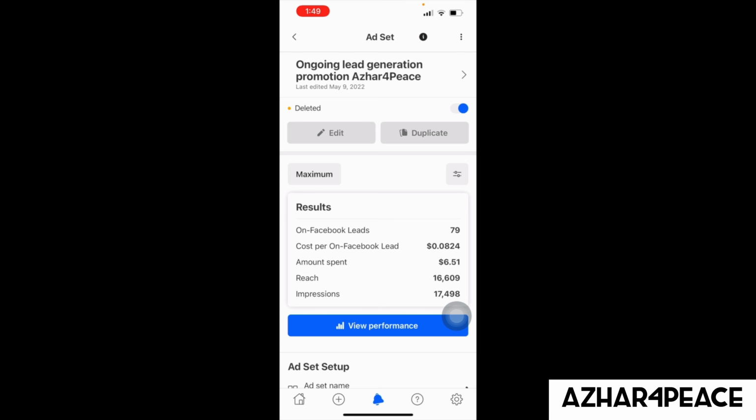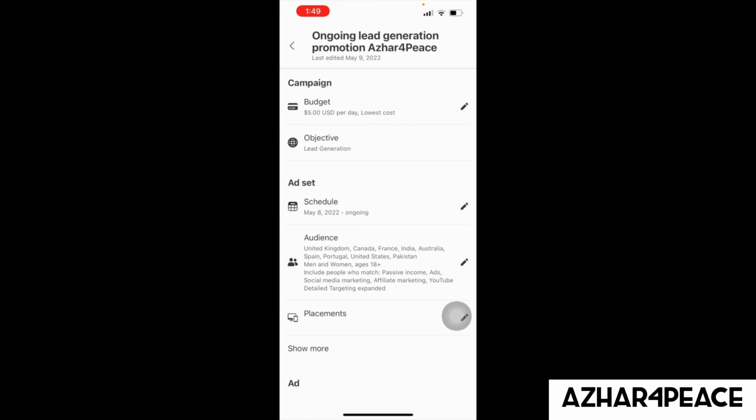I'm going to click on the thing in here and see what it shows. It shows all the information about the campaign I ran, and it's given me the budget. You can limit your budget in here. If you want to spend $3 or $6 in a day, you can set it. I think $3 is the lowest one, and if you want higher, it's up to you. You can do whatever you want.